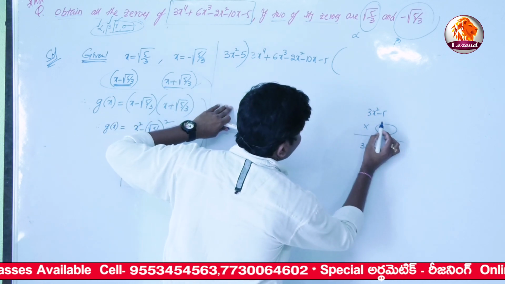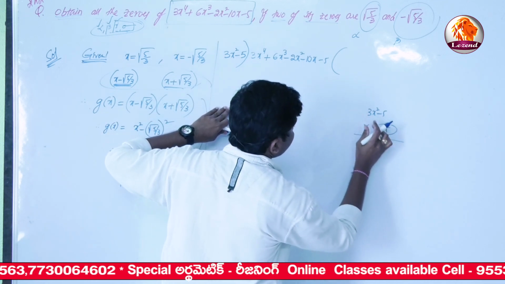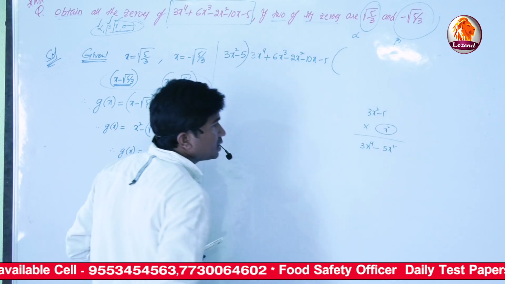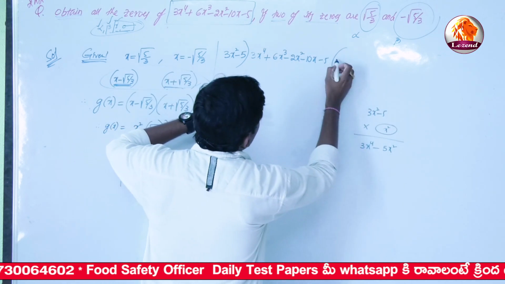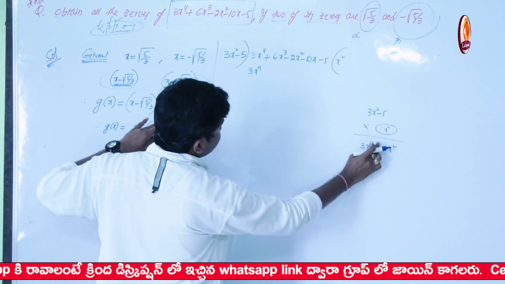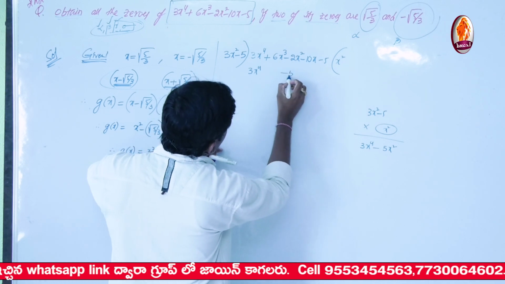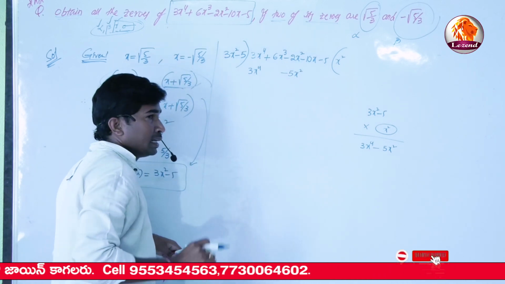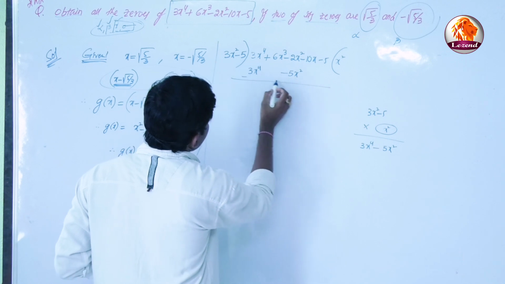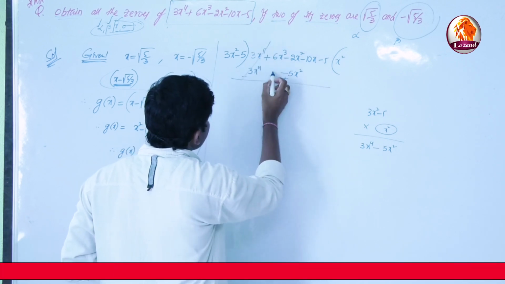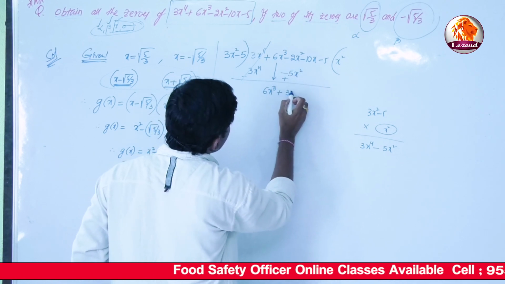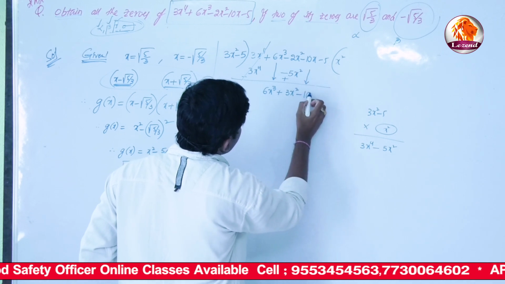Now 3 as it is, x power 2 into again x power 2 multiplied: x square into 3x square is 3x power 4, minus 5 into x square is minus 5x square. Here the x cube term is missing, so in the result position we write 3x power 4, leave the space for the x cube term, minus 5x square. Now change the sign: plus becomes minus, minus becomes plus, these cancel, the remaining is as it is. Write down 6x cube, minus 2 plus 5 is plus 3x square. The next term, minus 10x, is written down as is.